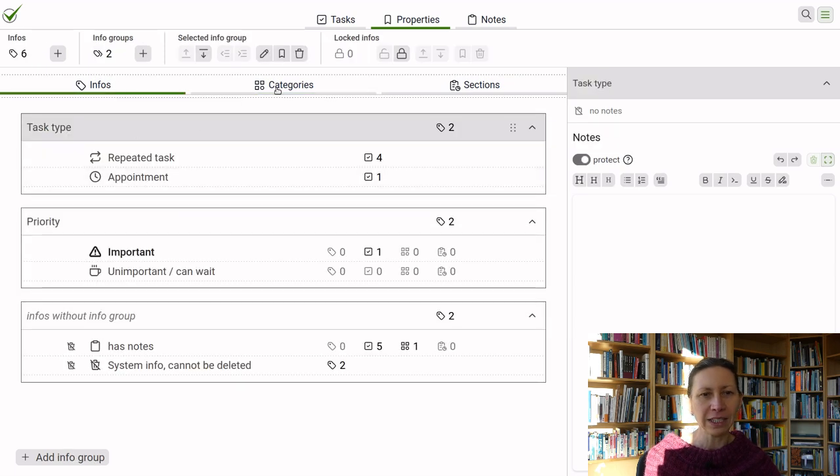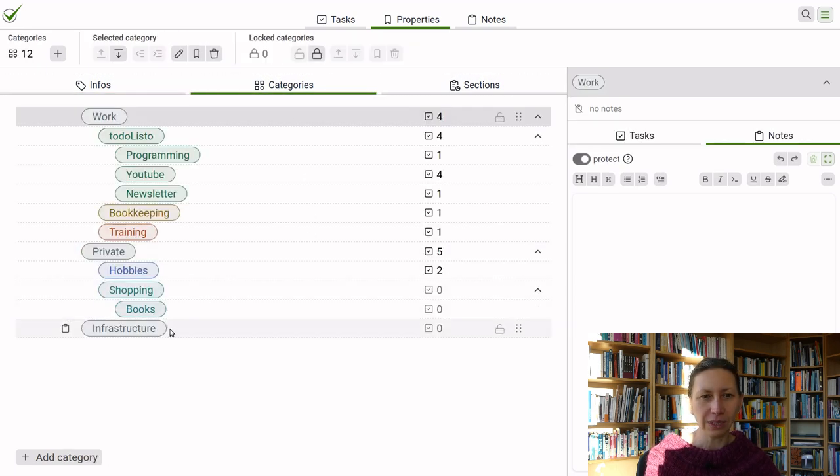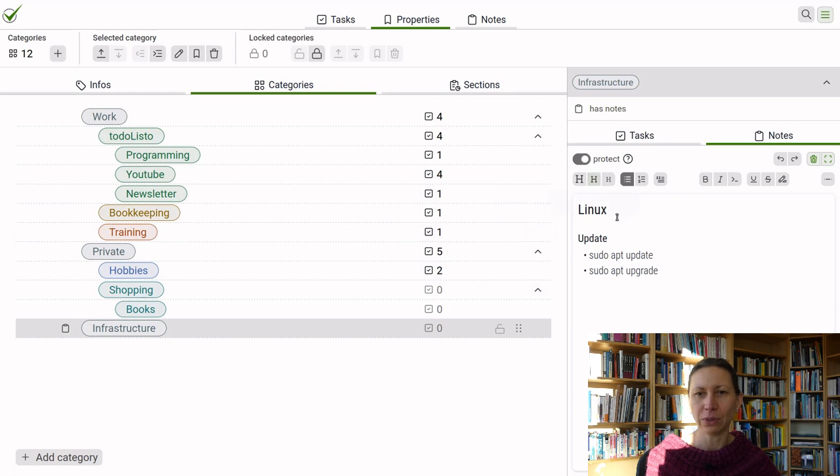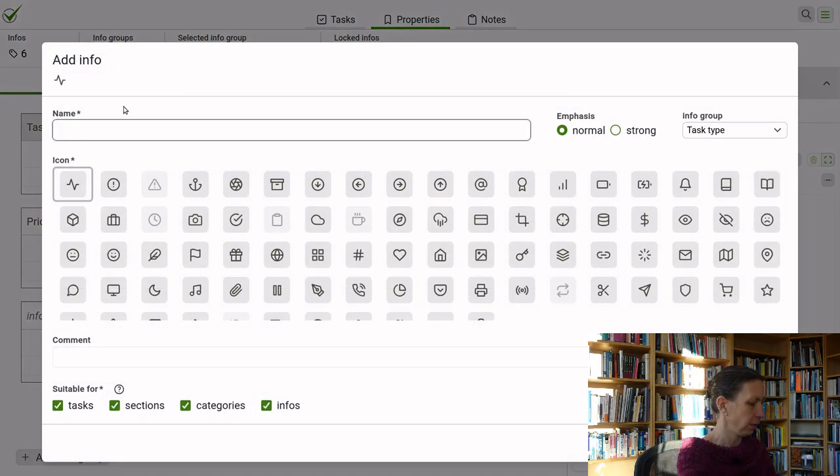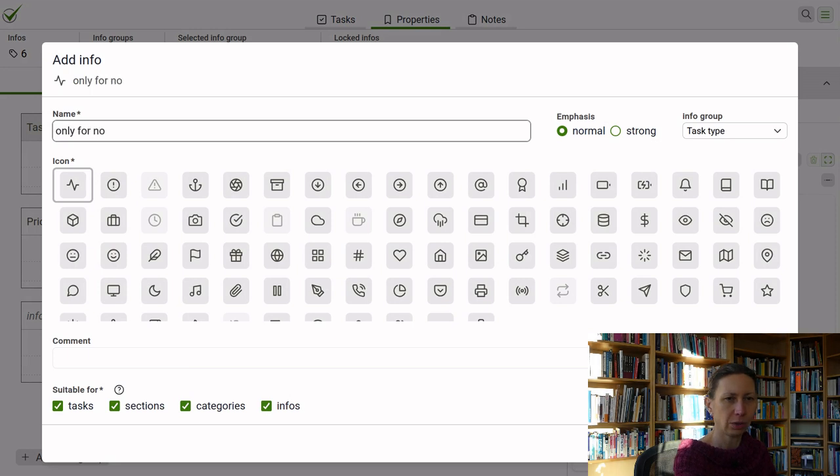I mean, actually, by the way, if you delete such a category, the notes would not directly disappear, because you would get warned, because those notes are automatically protected if you put them in categories. So I could just add myself an info and say only for note taking.